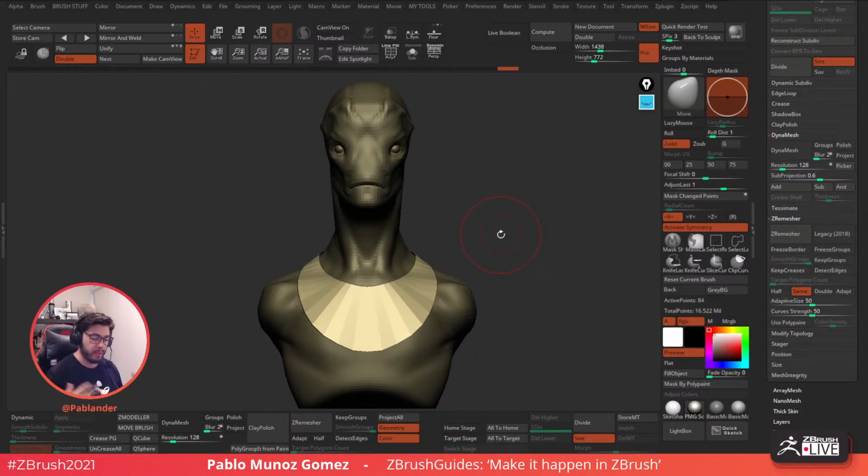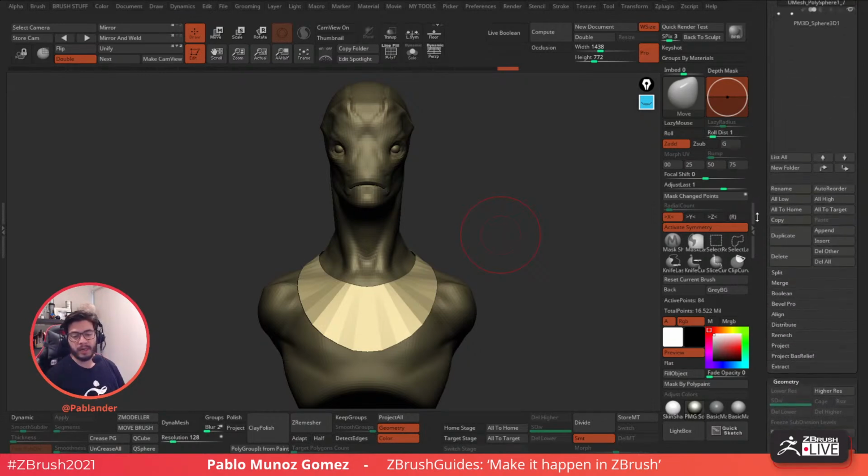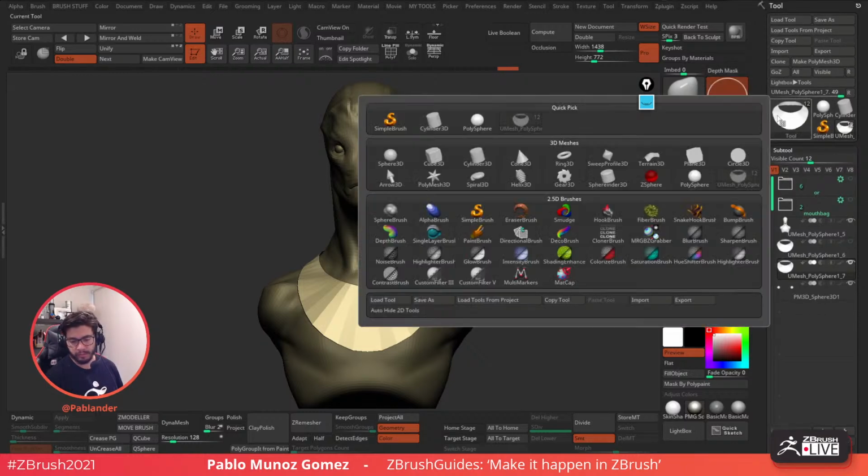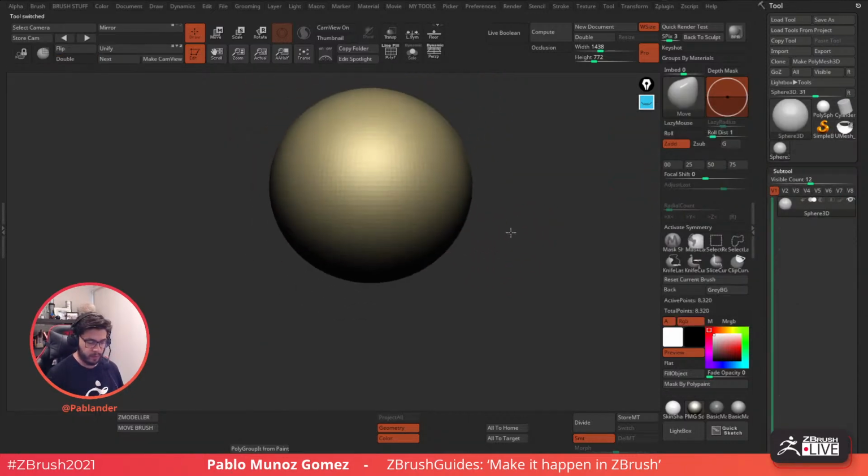Step 2 would be to build the assets that you want to add to this piece. So this is where I mentioned at the beginning that I'm going to be using a different tool. So I think I'm just going to use a sphere and then maybe walk you through the process of